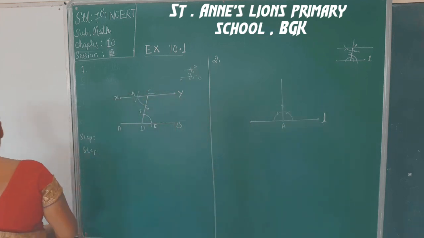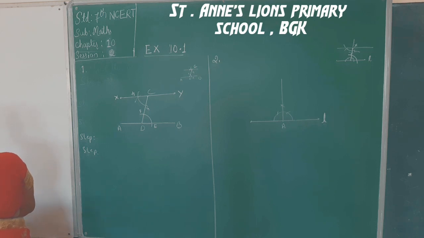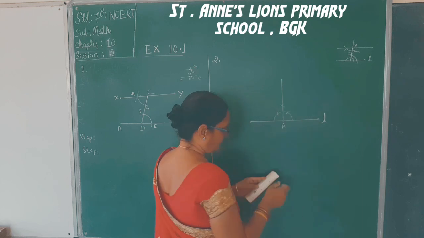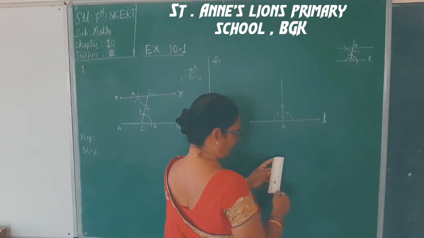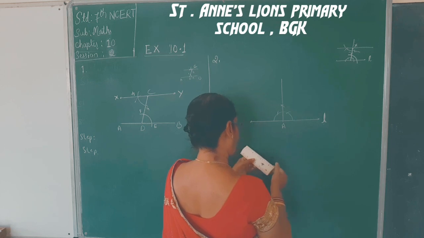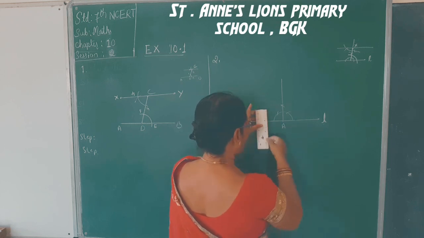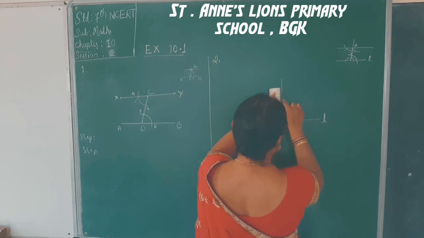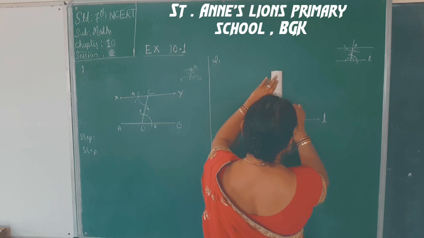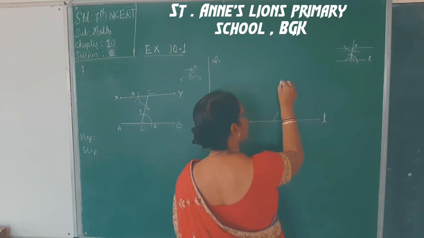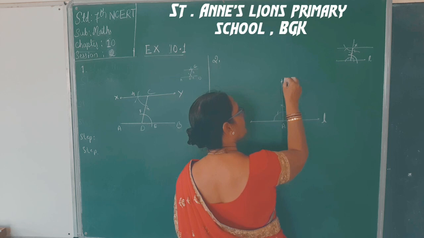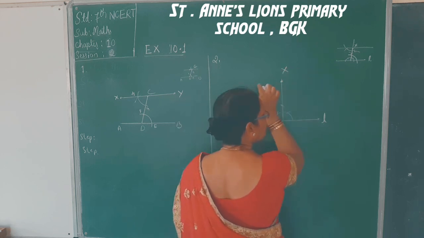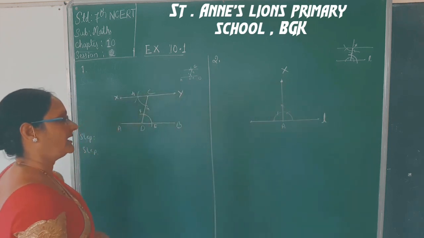Okay. Now we have to choose a point X here on this perpendicular. That should be 4 cm away from this point. 4 cm. You see, 1, 2, 3, 4 cm away. See here, this is 1, 2 and 3, 4. Here is my point X. Through this point X, I have to draw the parallel line.